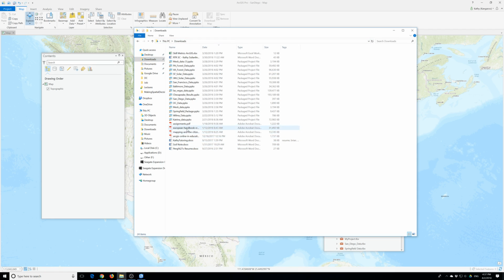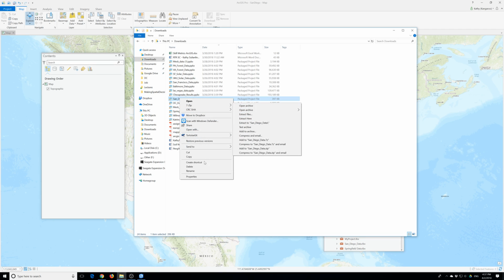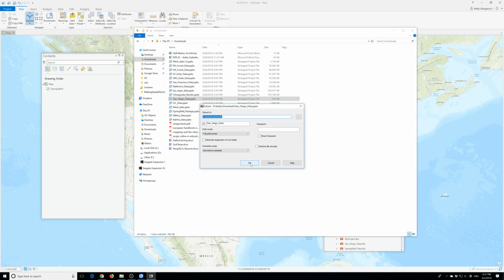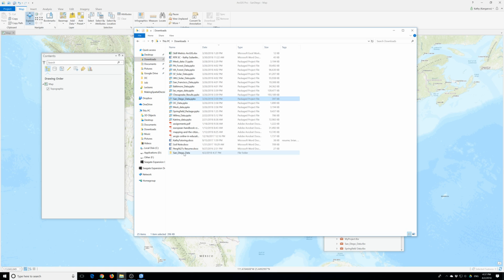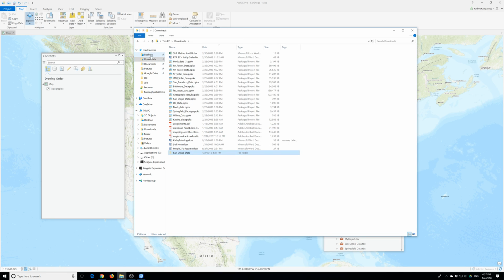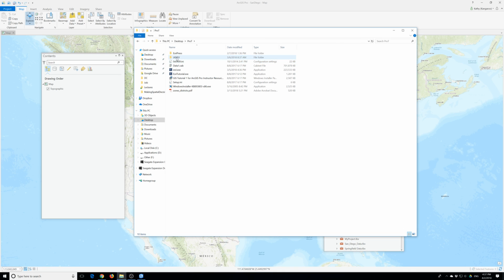And then it's San Diego data. So extract. Use 7-Zip, extract file, and extract, click OK. Alright, right-click on it, and we'll just do cut and go back to the desktop and go to this folder